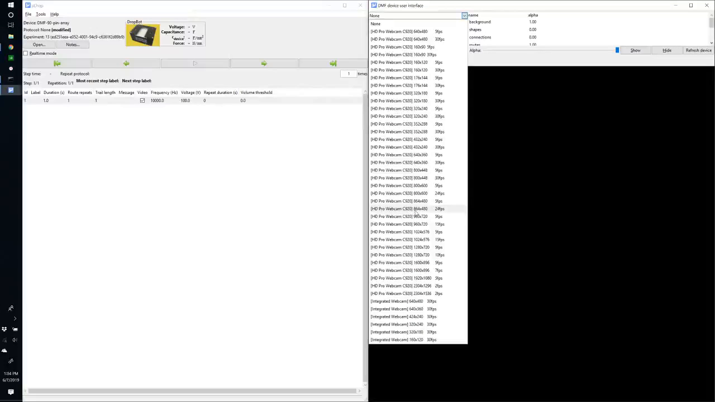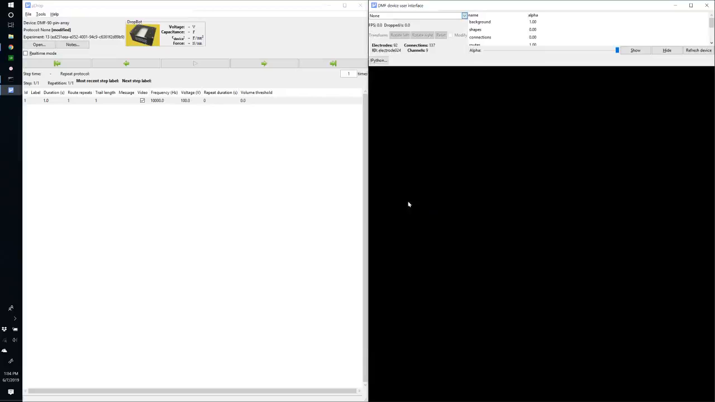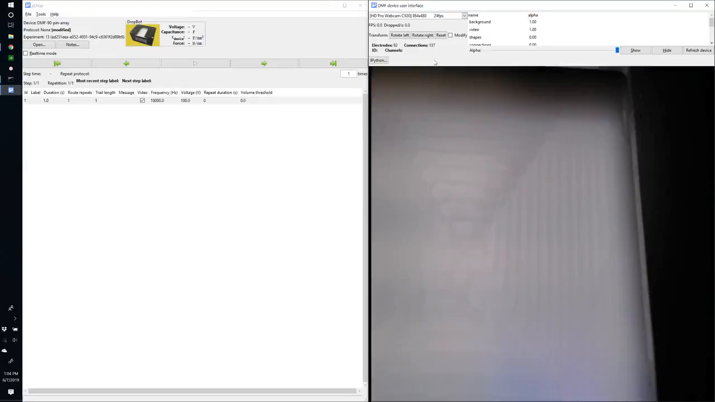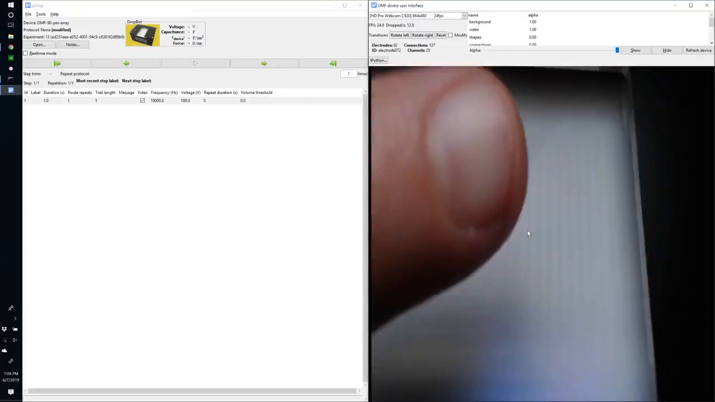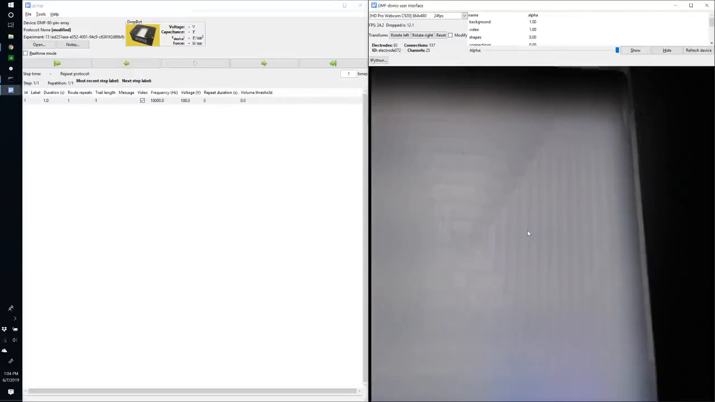So on my system I usually pick 864 by 480. If you've got a faster CPU you might be able to get away with higher resolution, but for this example we'll use 864 by 480. So this is showing a live feed now of my DropBot, and I'm going to insert one of my chips,